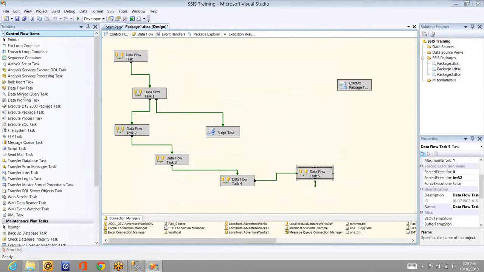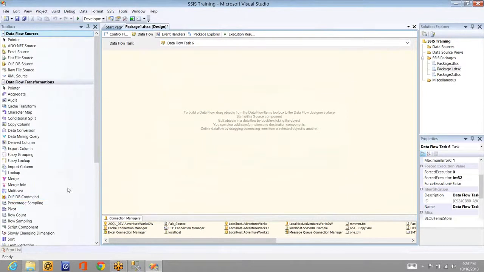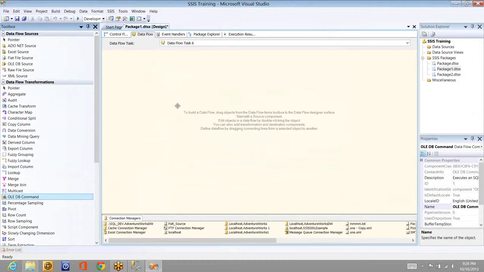Let's jump into the next transformation. Let's cover one more transformation and we can close the session for the day after that. So the next one is OLEDB command. What is the use of this OLEDB command? Let's say I am getting 10 rows. So it will loop through, and if you want to insert 10 rows, what you can do? Let's say you have 10 records in a file. You can insert, or you can delete, or you can update, you can execute anything for all the rows that is flowing.